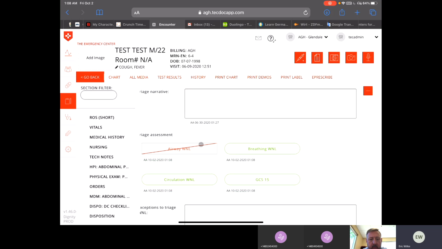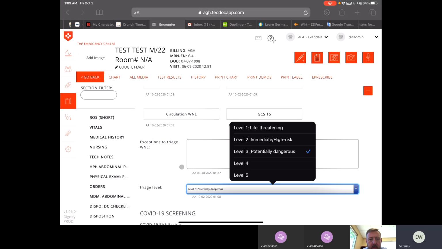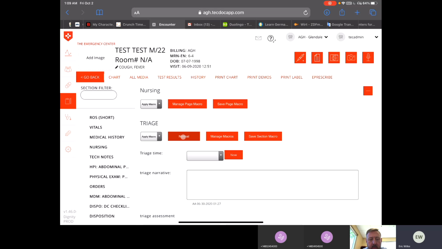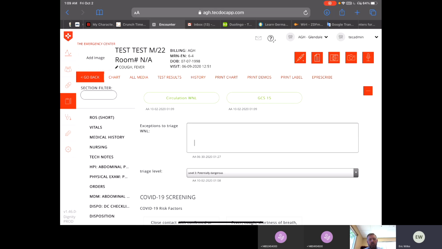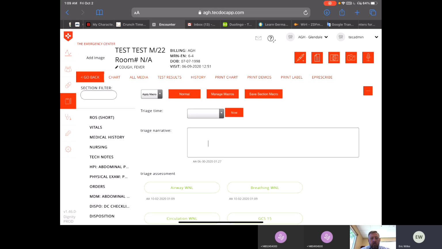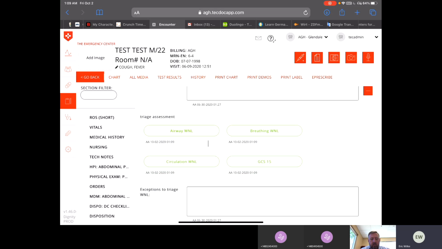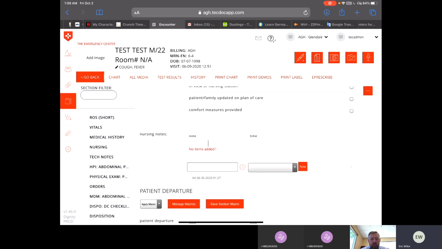So now if I take these out, get this back to kind of the initial state. That can go back. So all I have to do is hit normal here, and it will automatically fill this out for you. You can even put stuff in the text boxes, and it'll remember everything you had for this grouping, and it'll stick it in there. So those are macros. If there are things that you say over and over,